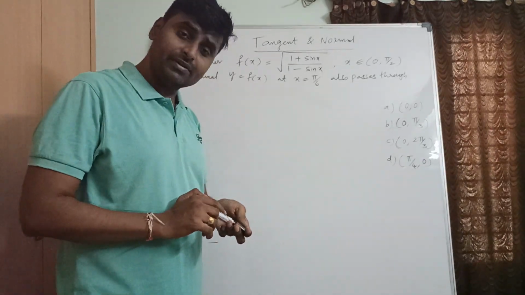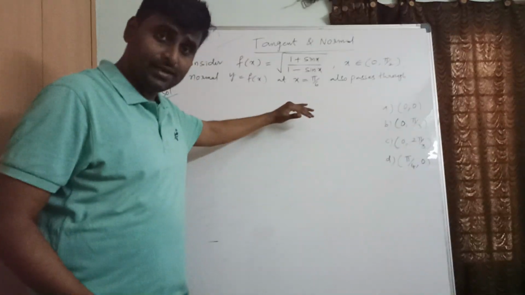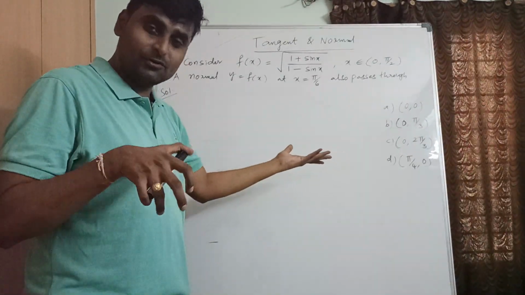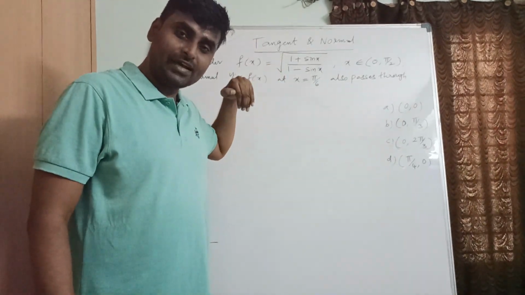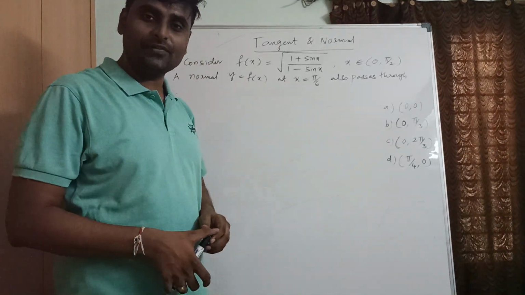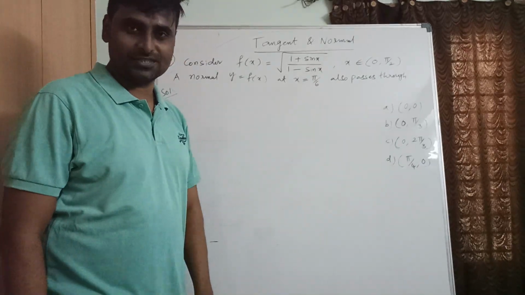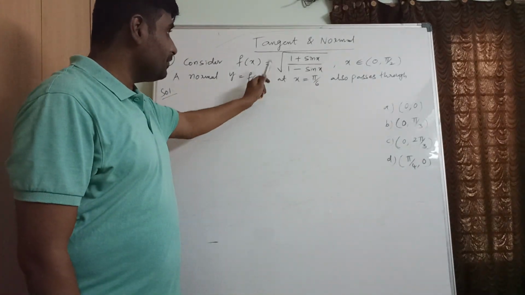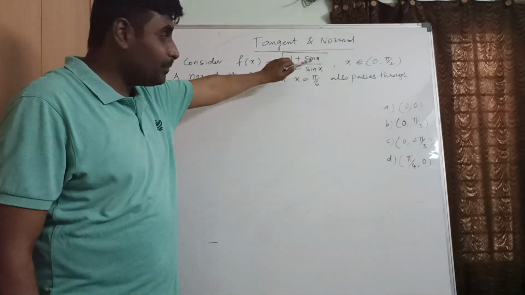Generally, how can we find the equation of a normal? We differentiate the curve and substitute the point. Here the point is not given, we have to find the point, right? After finding the point, we get the slope of the tangent, from that the slope of the normal. So finally we can find the equation of the normal, and then verify with these options. But to differentiate this, we must know some formulas.